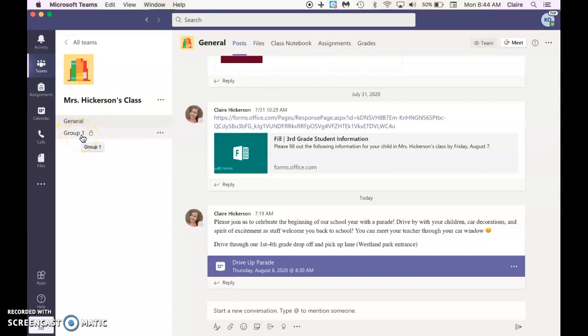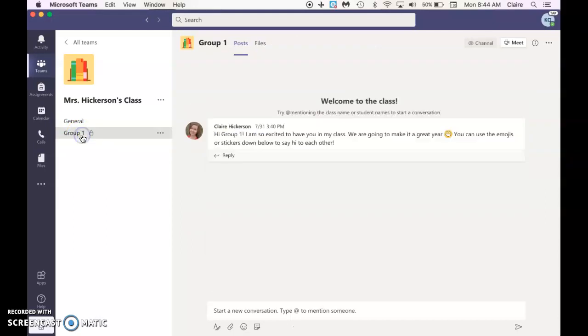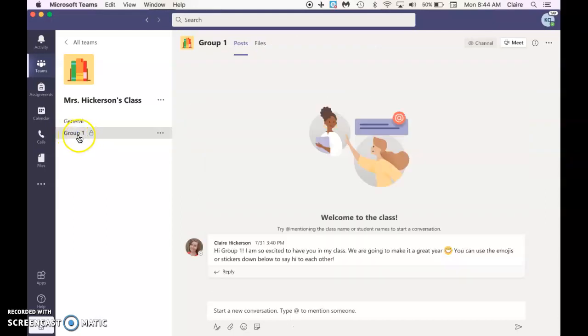They are either in group 1, 2, or 3. So they can only see the group that they were assigned to. They cannot see the other groups. So if they click on their group, you'll see it's locked because it's only certain members of our class and